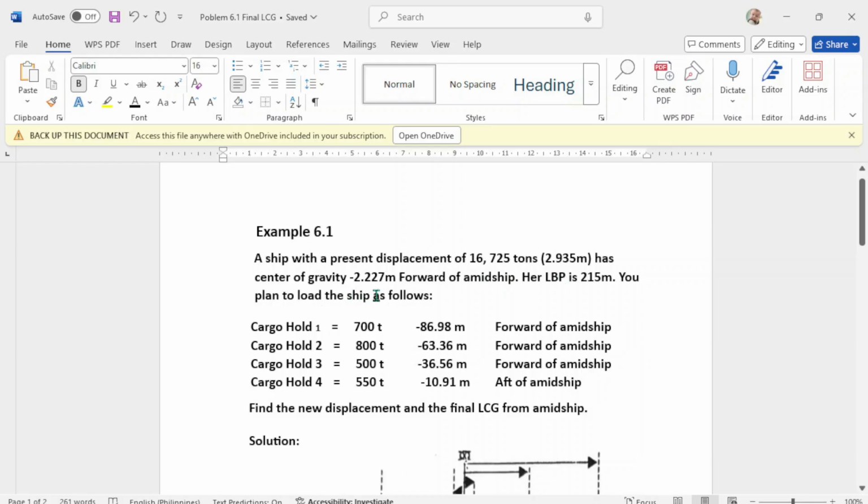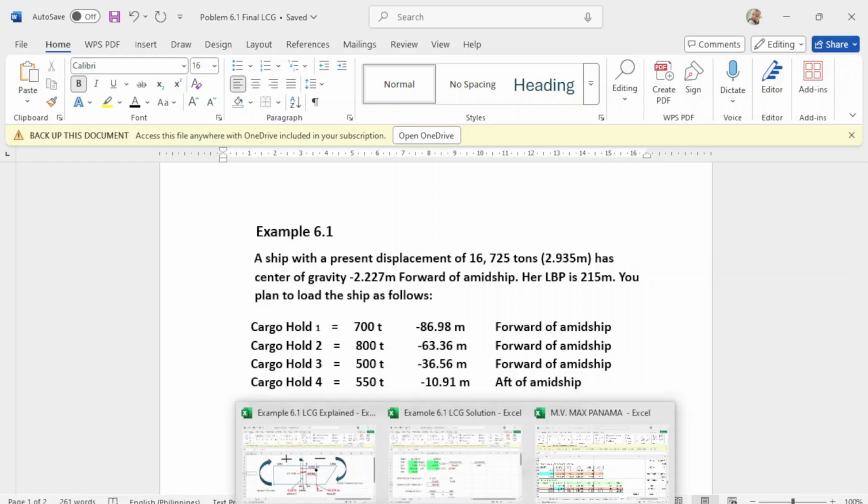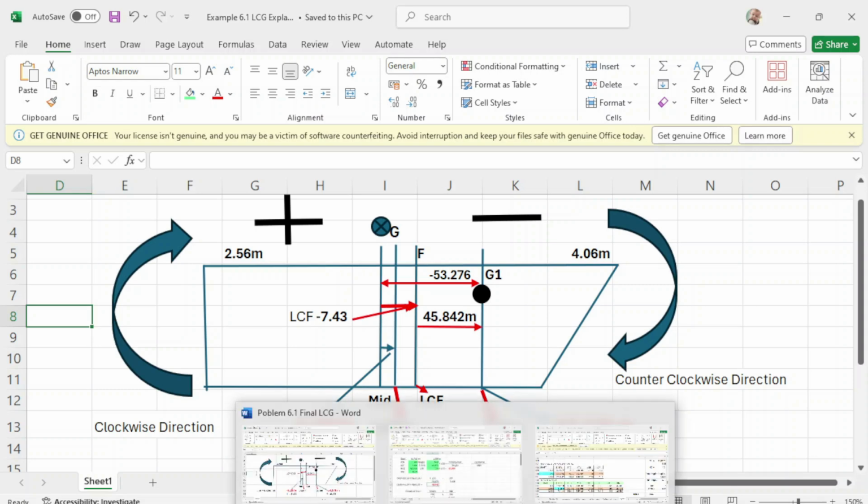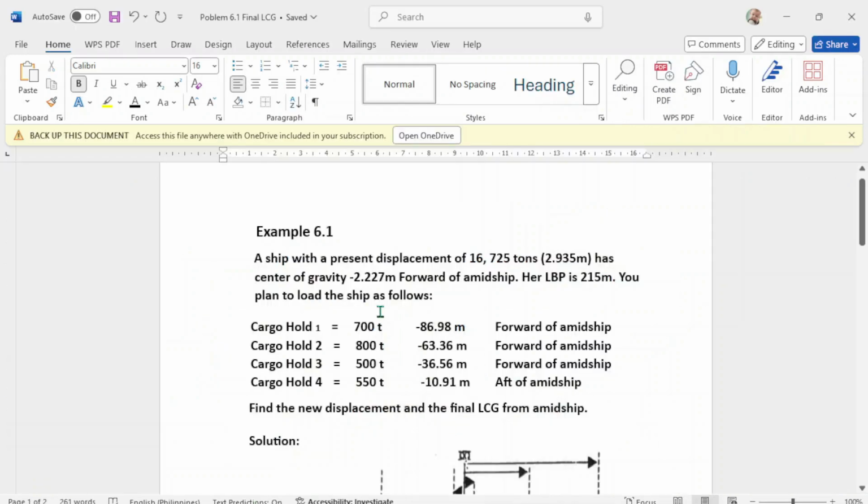Okay, so to have a good view of this gravity, this is the midship part of the vessel, and the LCG is 2.27, which, it says here, is forward of midship, which is negative 2.27.